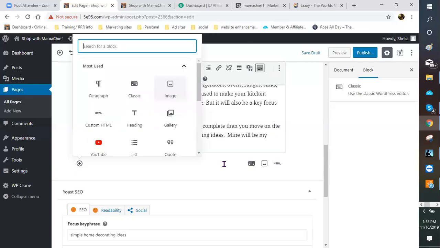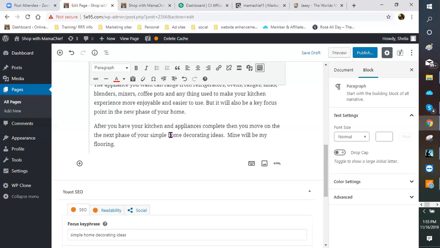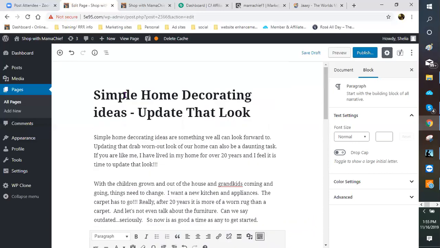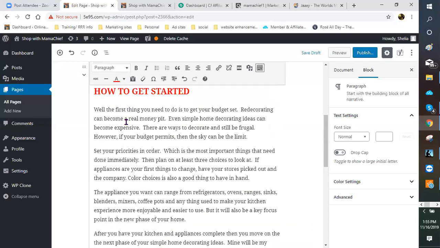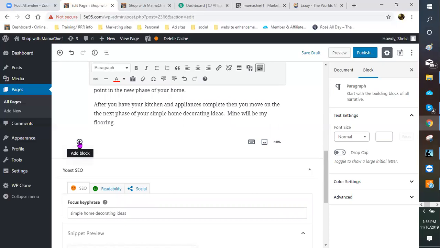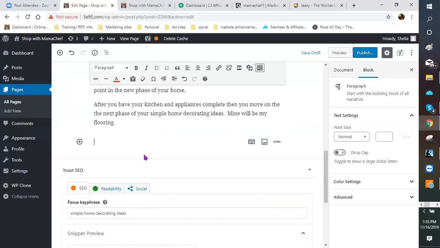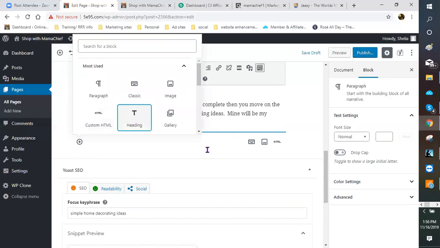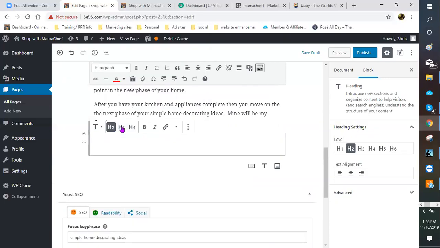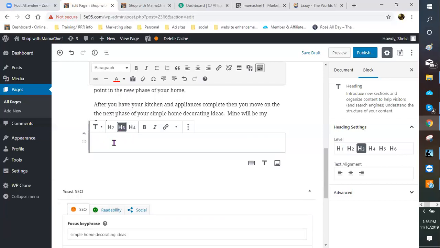Okay. So since that was all in classic block, and I have a regular block, a classic block, now I'm going to come here and I actually want to do a regular paragraph block. And here I actually want to do a heading. Okay. And since I haven't done the updates yet, I don't get to color my heading, which is fine. So I want to do a heading 3. And I'm going to put